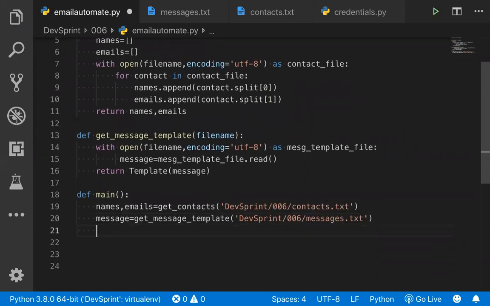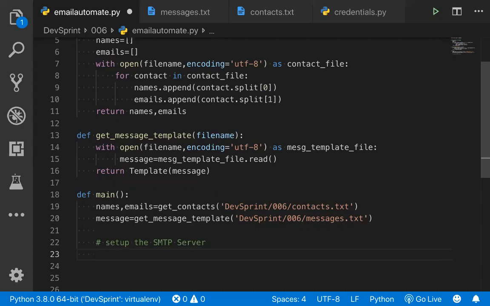Okay, all these contacts and messages, I have to give to the Gmail server. I have to give it to the Gmail server. Now our focus is on setting up the SMTP server, whatever it is. Now I'm using Gmail. Tomorrow you may use your office email, whatever. If you want to use it, you can use it.